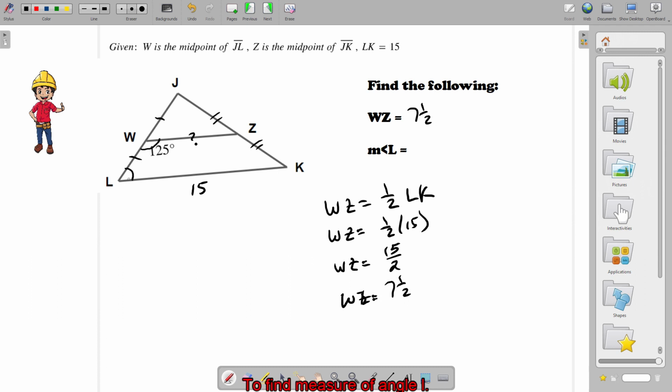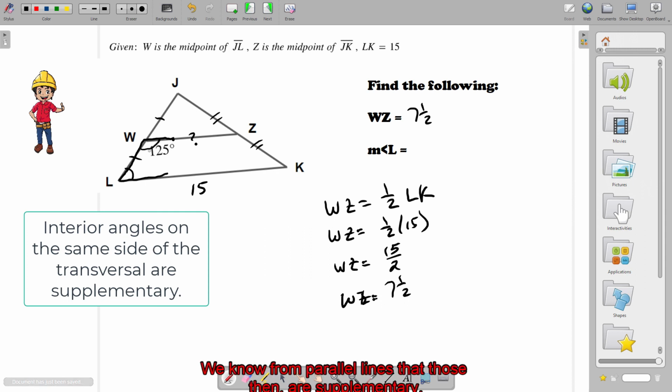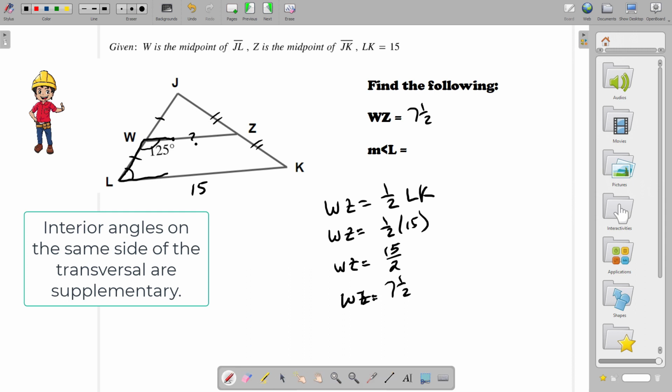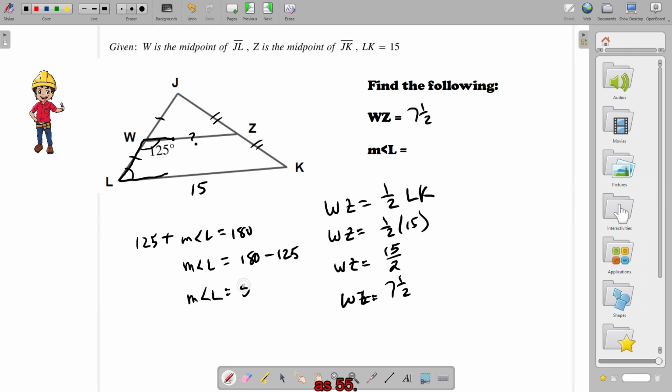To find the measure of angle L, this angle and angle L are interior angles on the same side of the transversal. We know from parallel lines that those then are supplementary. So that angle, 125, plus the measure of angle L add up to 180. So the measure of angle L is 180 minus 125,